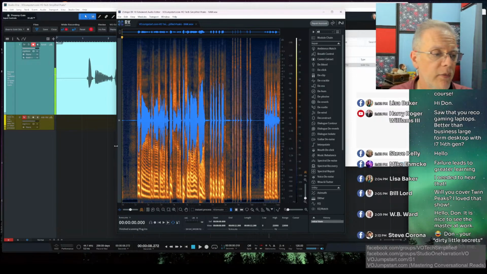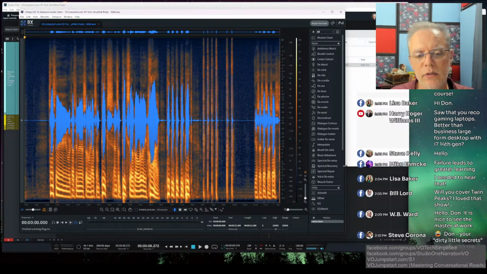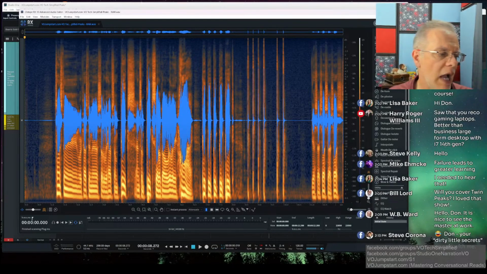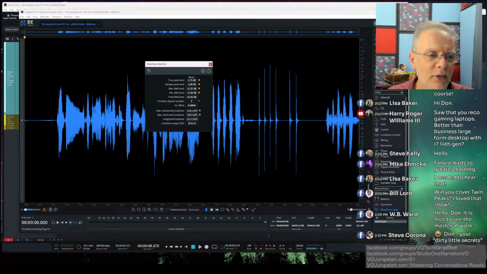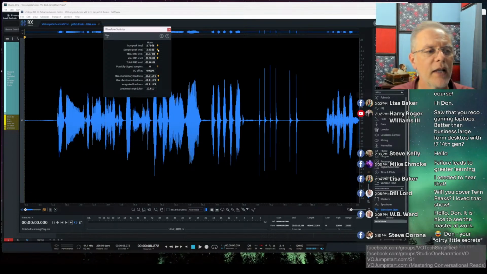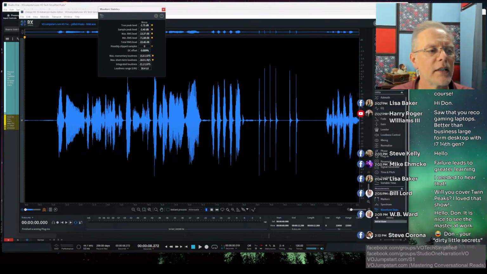This is rare for me, by the way. I do it when I'm doing this sort of thing, but it's not what I do usually. I'm going to switch it over to waveform view, because what we're talking about right now are these little peaks, okay? And that exported those peaks. One of the things you'll notice is all of these things have been brought down. You may or may not notice that, but I'll point that out to you. What's happened is my limiter kicked in and my compressor kicked in and my tools kicked in, and I actually have fully mastered audio right here. But since it's got a lot of spaces, it's a little on the quiet side.